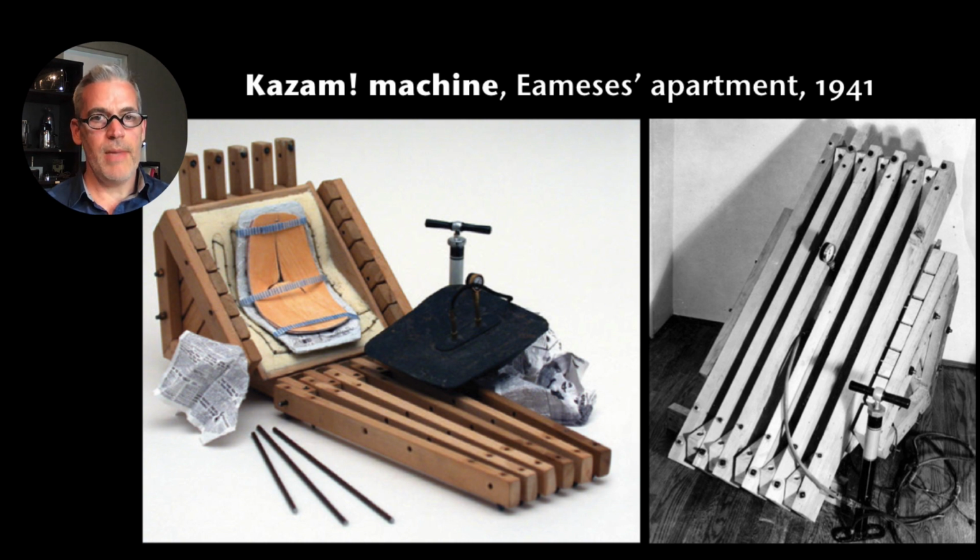This is the machine they made in the guest room of their apartment that provided the heat and the clamping for their plywood experiments. They called it the Kazam machine because of the noise it produced in use. So it had a plug, you plugged it in, and the electric wires in the bed created heat, probably not the safest thing, and then the lid clamps shut, and a bicycle pump inflates a bladder inside and puts pressure on the mold. This allowed Charles and Ray Eames to start exploring what they could do in terms of forming plywood. Amazingly,